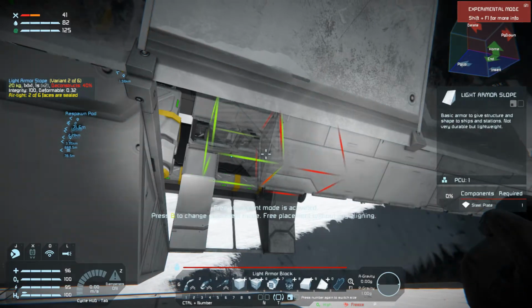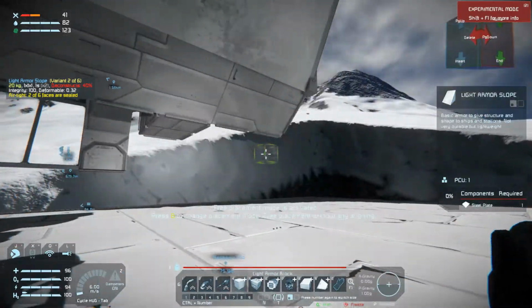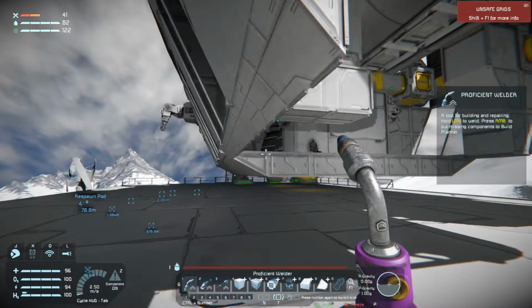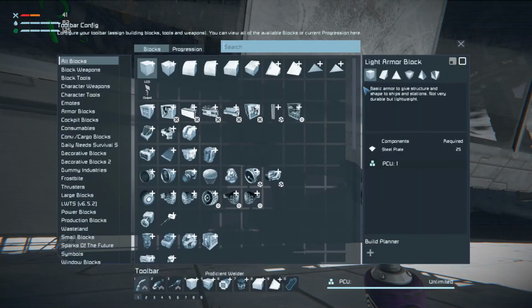Okay. So now as far as the edges go, I don't want to build all the way to this edge because it might cause issues. I'm okay with coming up to the corner here because that should be all right. But as far as the edge here is concerned, I'm going to do,